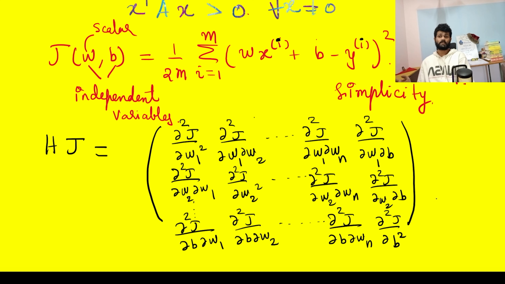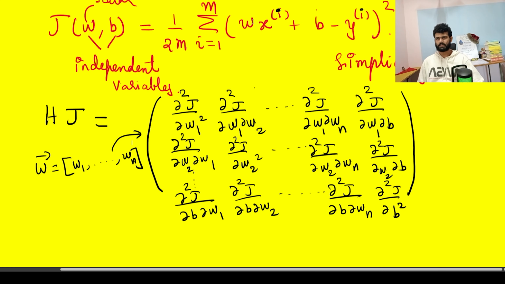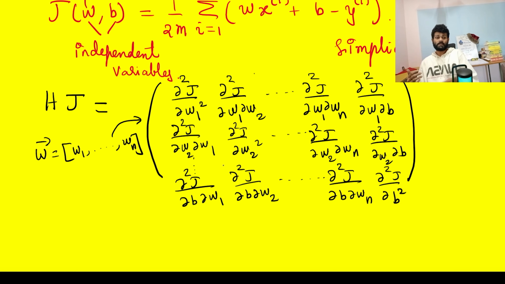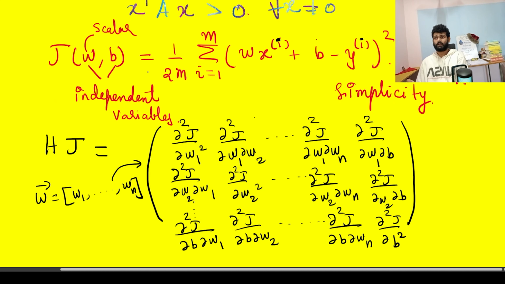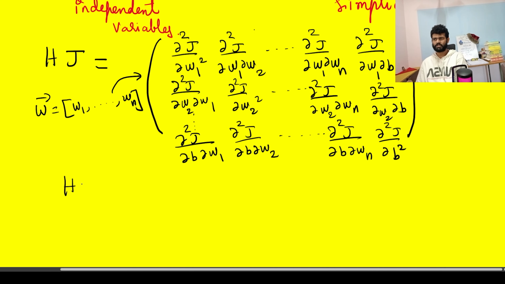So this is for when your vector w has n components, and your function J has one more input, since b is also an input there. In that case, the Hessian matrix will be this monster-looking matrix. But now I'm simplifying the case. I'm saying it's just a single variable. W is a scalar now. So in that case, the Hessian will be just